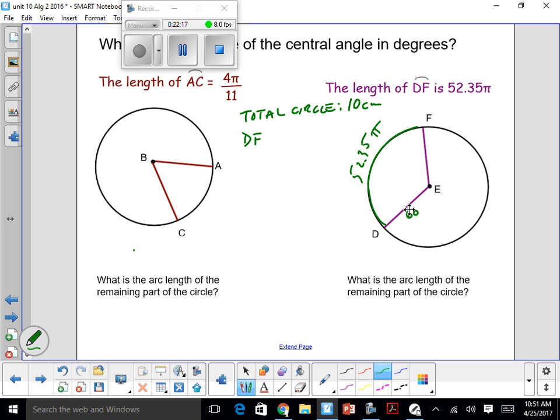10 centimeters. So the total circumference is 10 centimeters. The DF here is just 3 of the total. The question they're going to ask you is, what is the arc length of the remaining part of the circle? In other words, if DF is 3 centimeters, I'm making up the red stuff. The real stuff you're going to use is going to include this, plus a 60, but for now, let's do easy. The question is, if DF is that, how much is